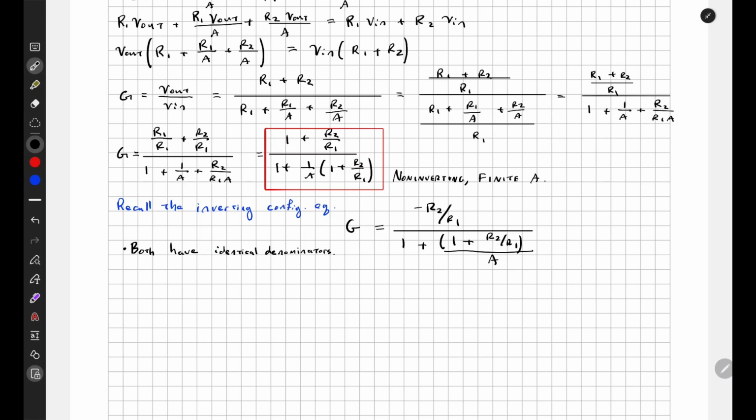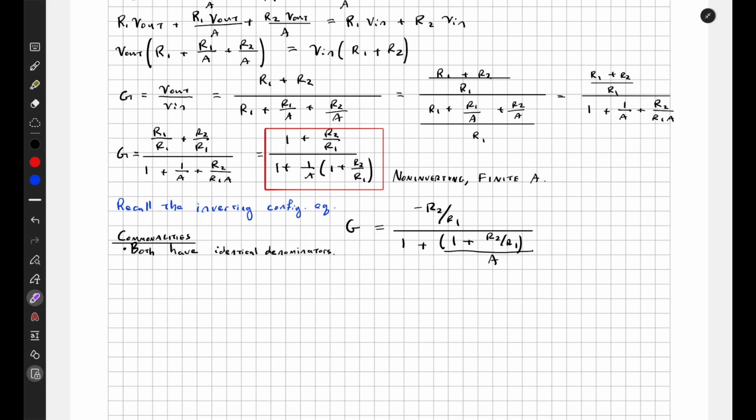What's another commonality? So these are the list of commonalities across these two equations. What is another commonality? And as the op-amp becomes more ideal, meaning as a goes to infinity,